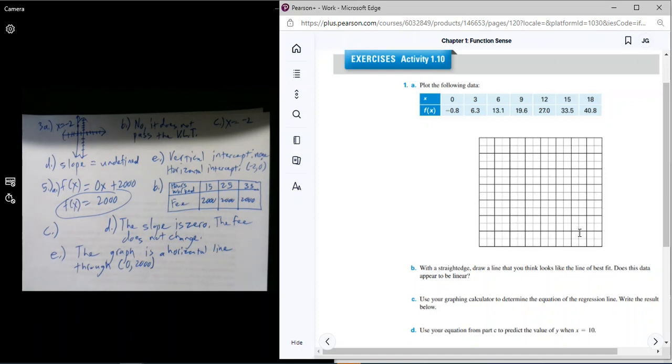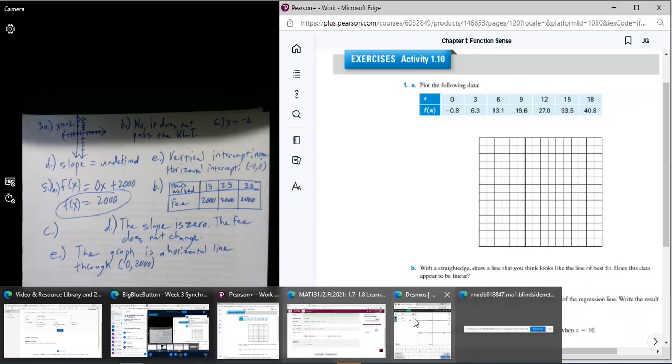Okay, problem number 1. It says plot the following data. Now what I'm going to do here, I'm going to do this on Desmos. But you all could write this actually in your textbook. Okay, on Desmos,